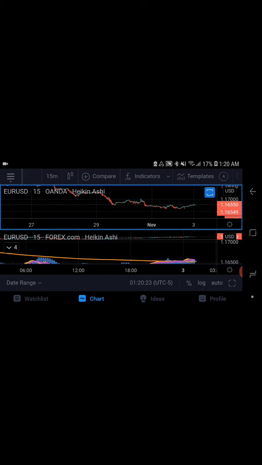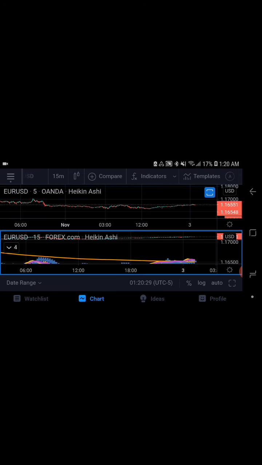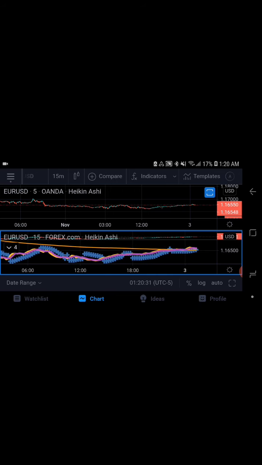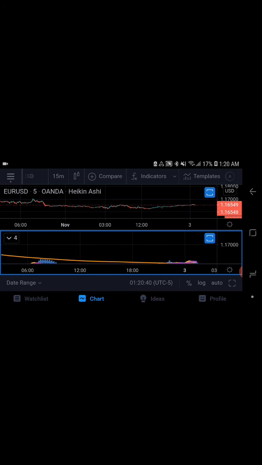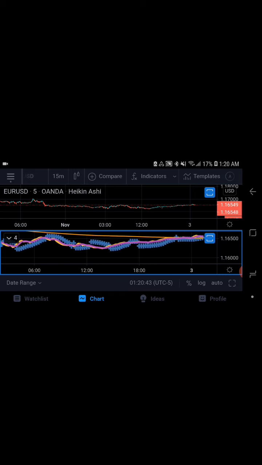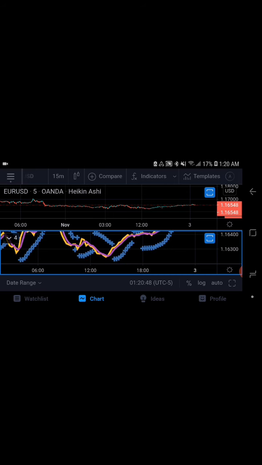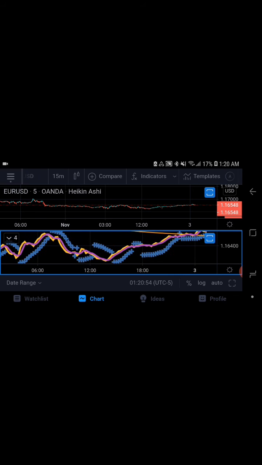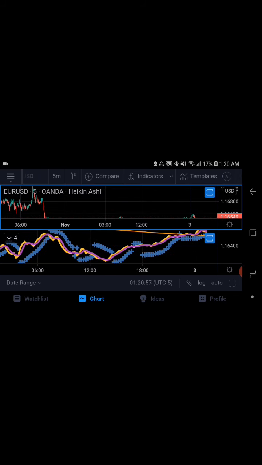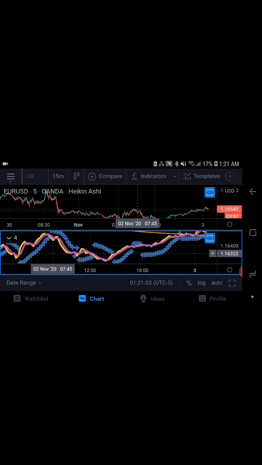Now I'm going to change the top one to a 5-minute, and I'm going to leave the bottom one at a 15-minute. All right. I got the same indicators down below. Now look, what you do is you want the indicators from the recent chart, the higher time frame chart. You want that indicator with this price movement. And the reason you want this price movement is because when you come down here, you see